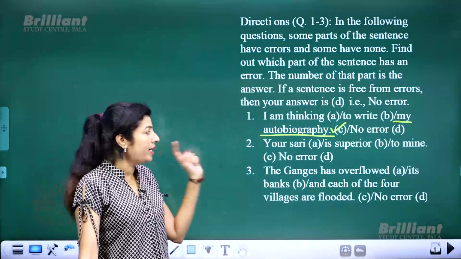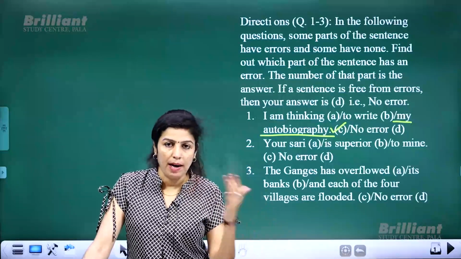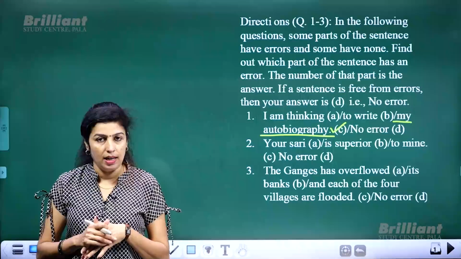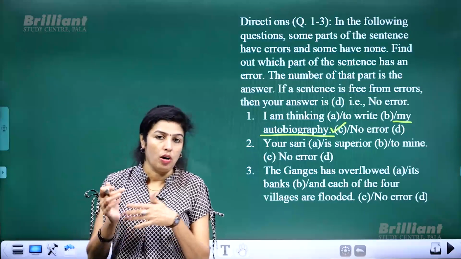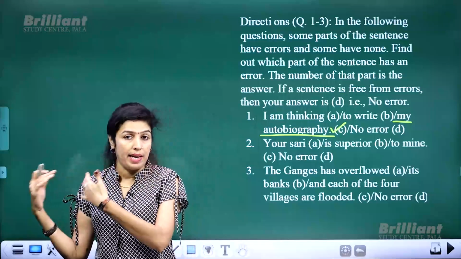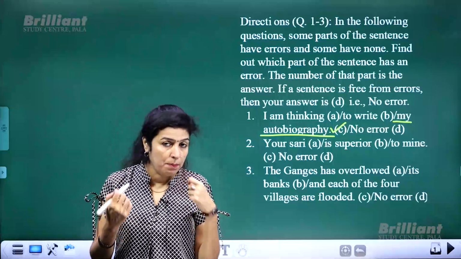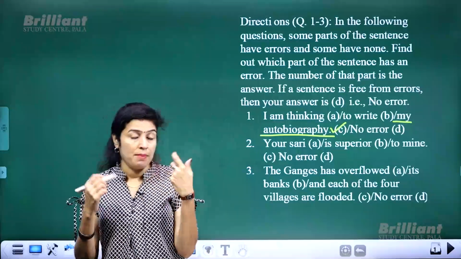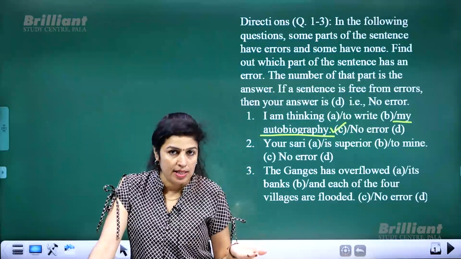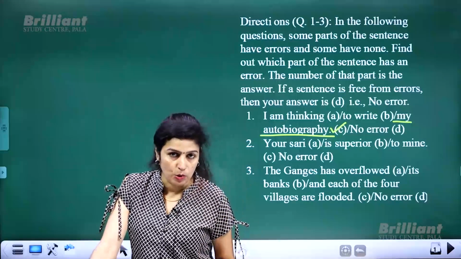Why? Because see, what is the meaning of autobiography? You know the difference between biography and autobiography. So autobiography is when you write about yourself, your personal life details and your life sketch. Suppose instead of asking somebody else to write my life, which is biography, if I write on my own, my personal experience in first person, I, me, we, etc., that would be autobiography. Okay, so it is obvious that it will be based on my life, not anyone else's life, and that is why we call it autobiography, right?